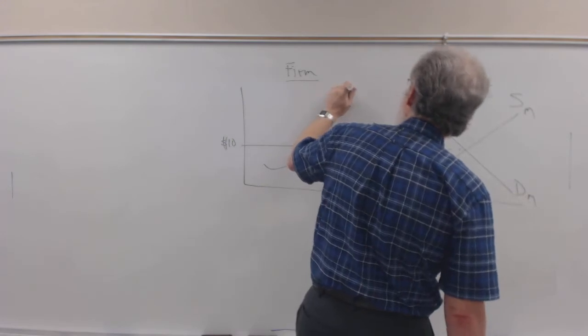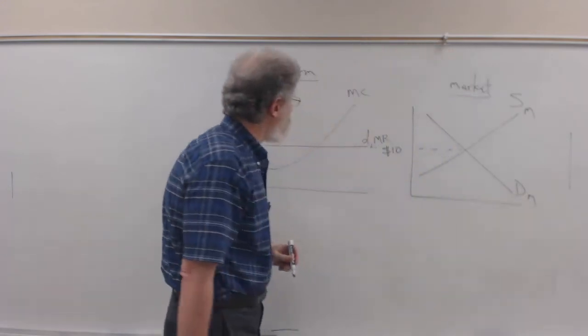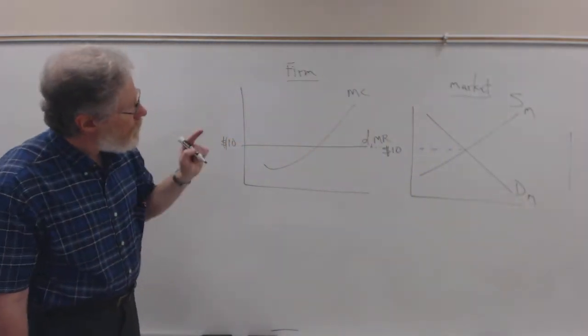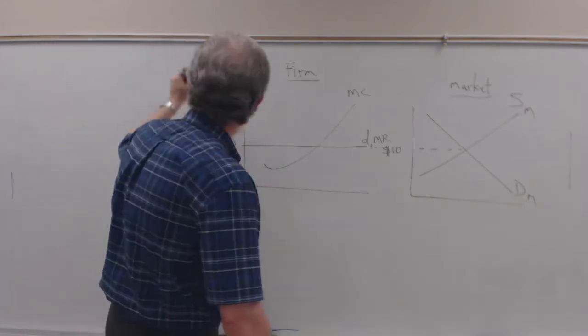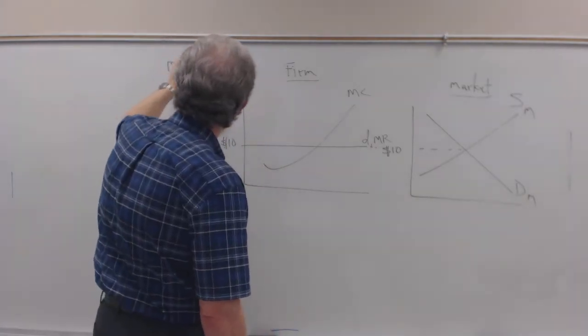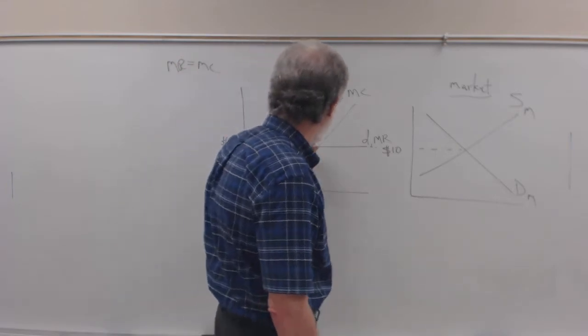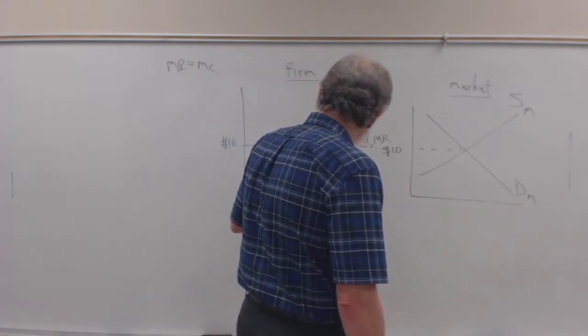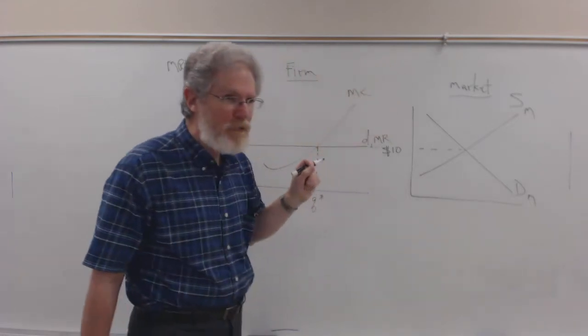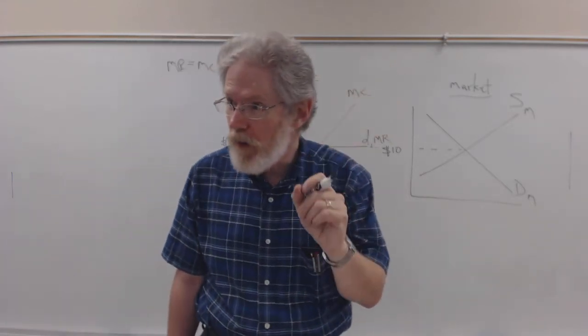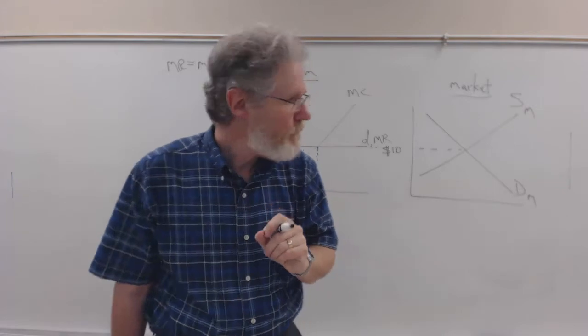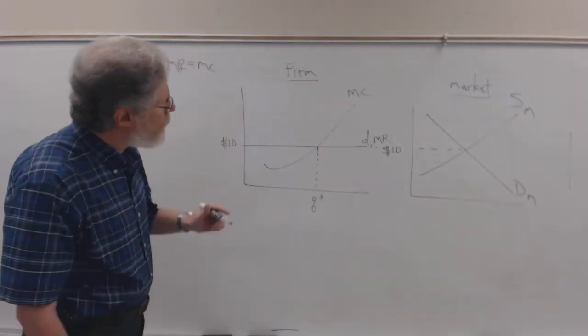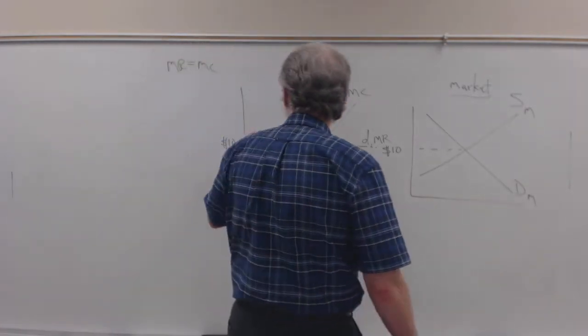We said that the price taker wants to produce at the level of output where profit will be at a maximum. That's going to be where MR and MC are equal. That's going to be right here. It's Q star. That's the quantity of output that will give the firm the most possible profit. Will the firm produce at all? Well, we said